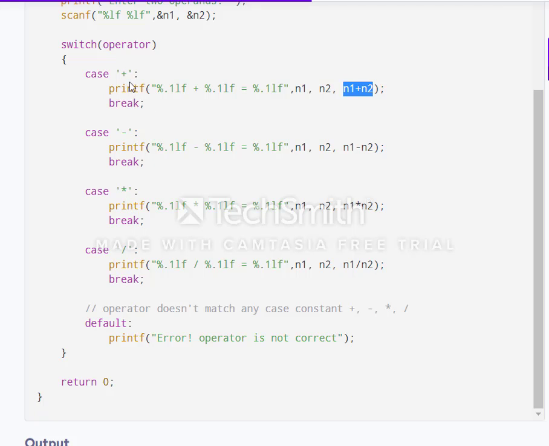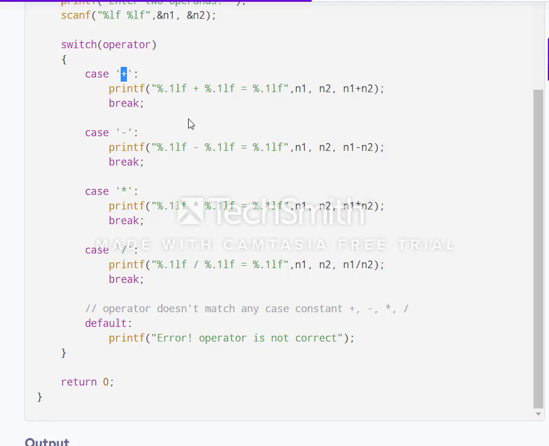Otherwise, if you want to continue through all of them, plus, minus, multiplication and division, you can use the continue statement instead of break. Here, after continue, it will take the next case and execute it, and the second case also executes, and the third case, the next case, the fourth case also executes. So if you enter plus, after comparing the operator with this case, if it is correct, it will print, and continue through the following cases. If you are using break, it will break only after executing that case.